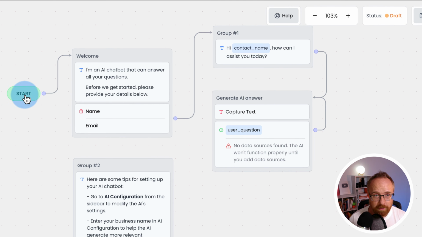We have the start of the chat. There's a welcome message that says, I'm an AI chatbot that can answer all your questions. Before we get started, please provide your details below. They enter name and email, which is then stored inside your Chatling account. Chatling also connects with automation software like Zapier, so you can put the name and email into your CRM. Whatever information you collect in here, you can add to your CRM automatically